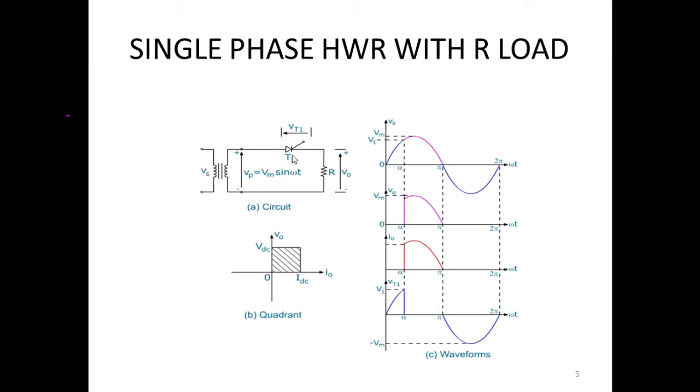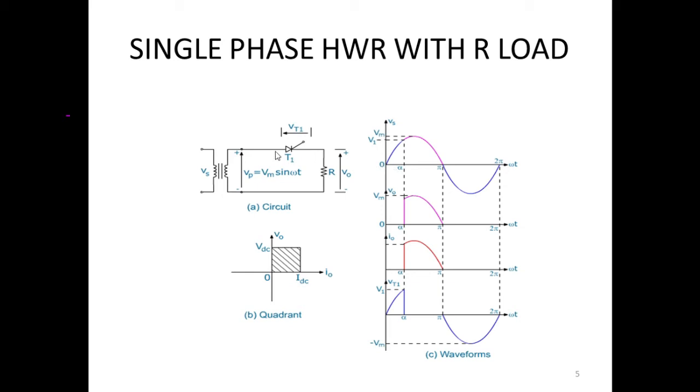In this we have a thyristor that is connected to the AC source. By using a transformer, we give a supply to the thyristor, that is a step down, and the voltage is equal to Vm sin omega t, and the load connected here is a resistive load. Therefore, this is the applied voltage, equal to Vm sin omega t. This is the AC supply voltage, or we can say the source voltage.